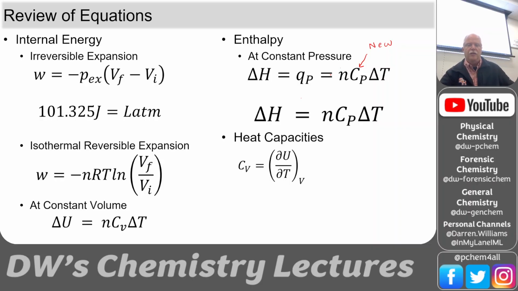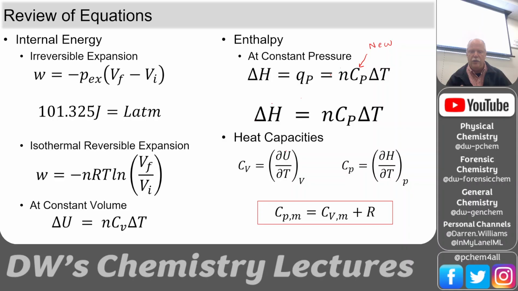And so here are the thermodynamic definitions of these heat capacities. It's the derivative of energy with respect to temperature at constant volume, that's CV, and then the derivative of enthalpy with respect to temperature at constant pressure is the CP. And then this, I put a red box on it, it's super important. So if we know one, we can get the other.